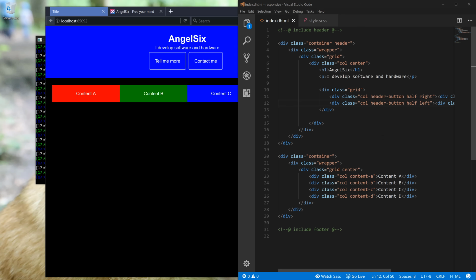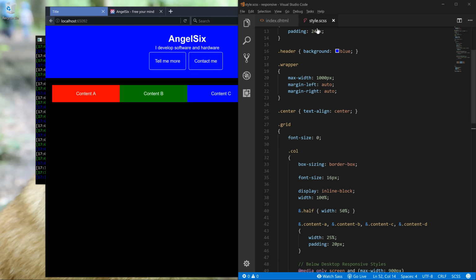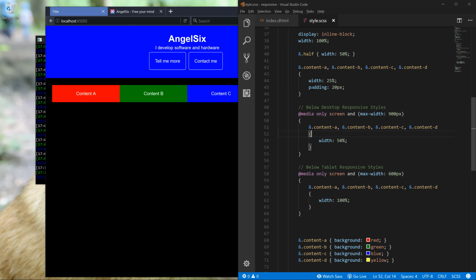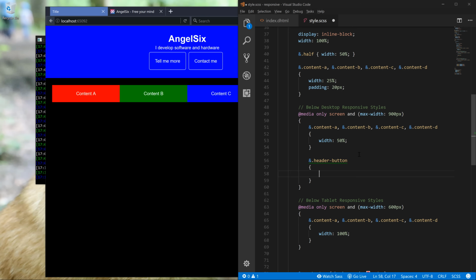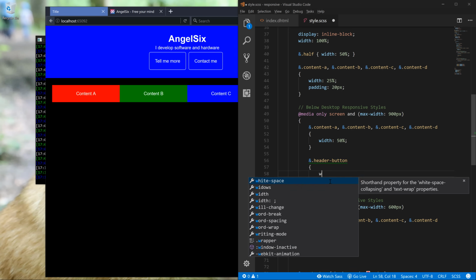So now for the header button, we want to go into here, below desktop size, and dot header button. And then when we're below a certain size, what's wrong with that? Does not use empty rule sets. Oh, I think I just need to type something. So for that, we'll then set the